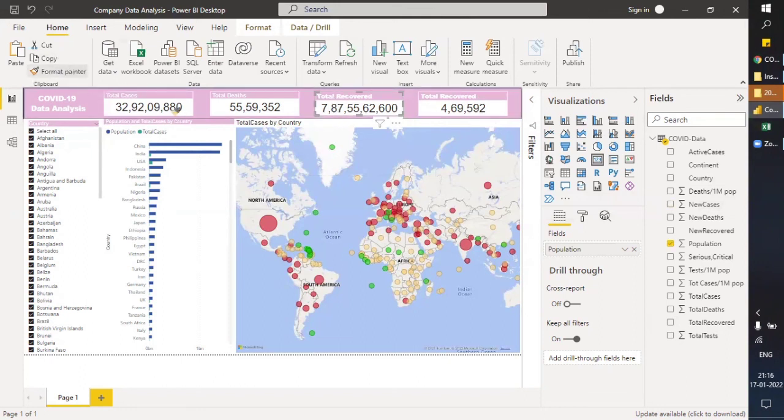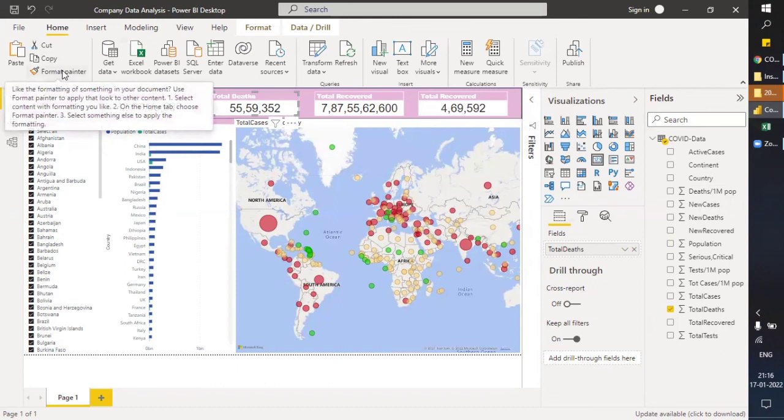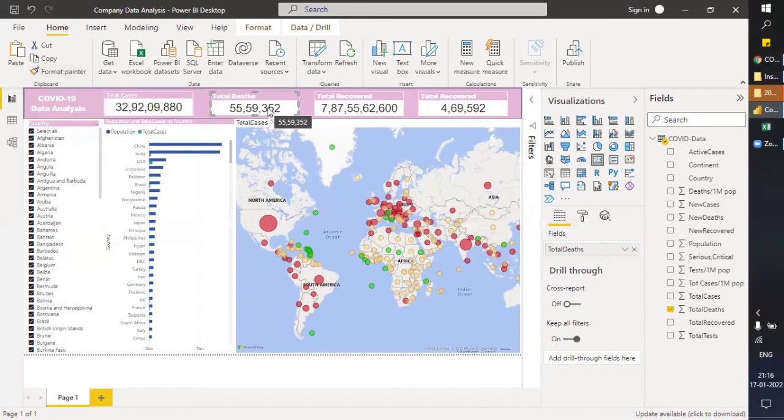If you are using the format painter in Excel, then you must know that we can double click on it to keep the formatting applied to multiple cells or shapes, but in Power BI it works only once. If I double click, it will not work. Basically, the double click function is not enabled in Power BI.